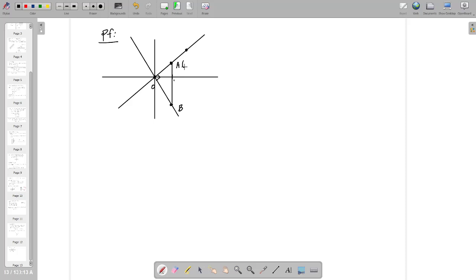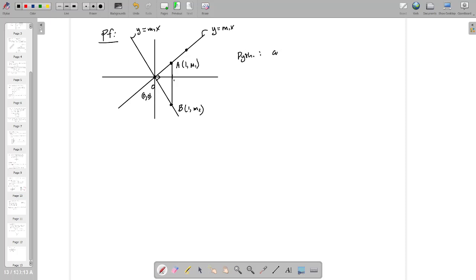So the coordinates of A are 1, m1. So this line would be y equals m1x, and this line would be y equals m2x. This then means that B is 1, m2, because we move over 1 and down m2. So we have a right triangle, we have the vertices of all three of these points, the origin of course being 0, 0. Now we use the Pythagorean theorem,